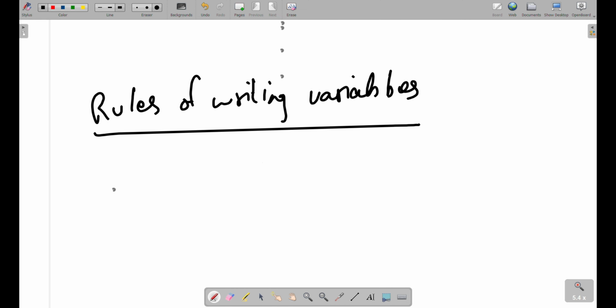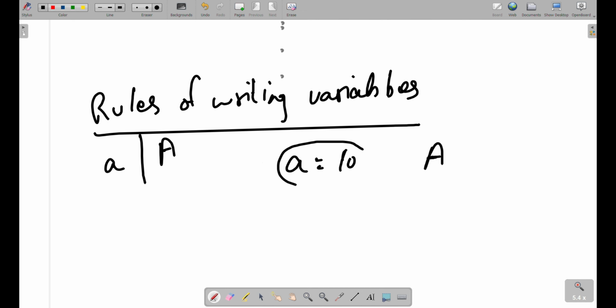So this can start from an uppercase letter or a lowercase letter. These are case sensitive programming languages, which means small a and capital A are completely different. They are not considered the same. So if in a hurry, you write a equals 10, and later in the program you use capital A, then this won't work because you have used a small a initially. So in order to use this very same value, you need to use small a, not capital A,